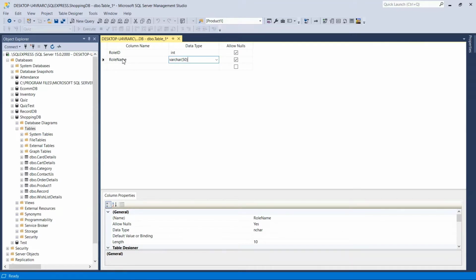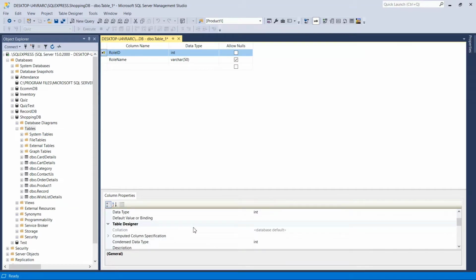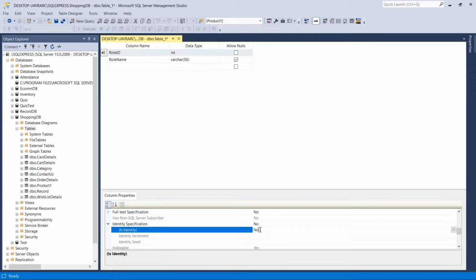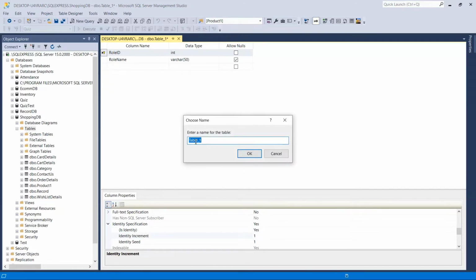First one is role ID, second one is role name. Make the role ID the primary key, and in the properties of the role ID column, set identity equal to true. Make it yes. Click on save. Give the table name as role.